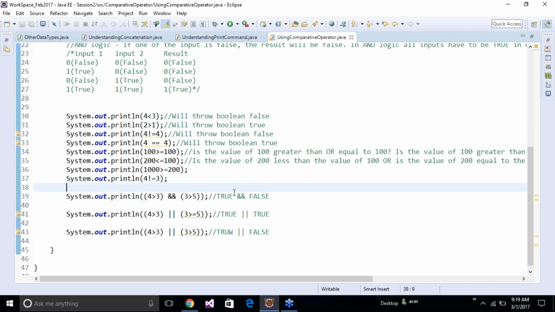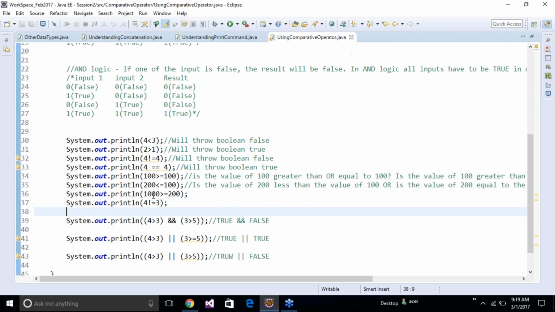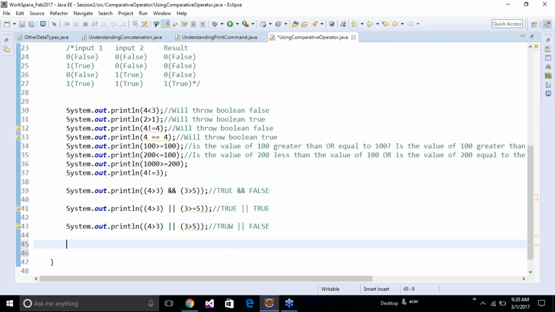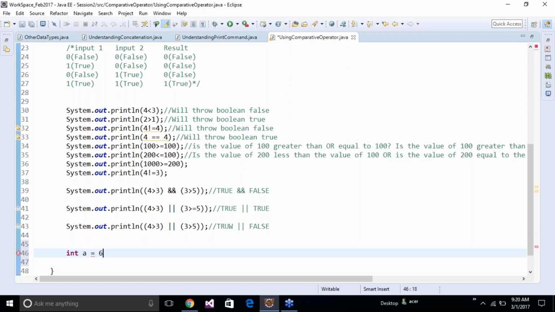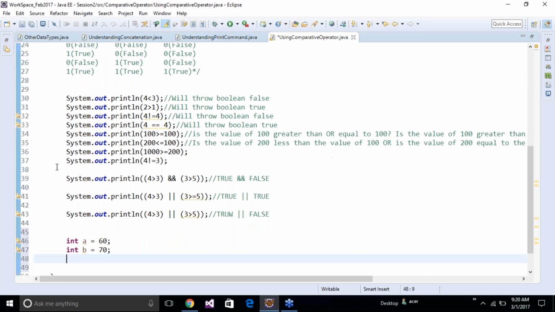Okay, so this is how you can use comparative operators either directly with your println command, or you can have something like this also. You can basically write integer a is equal to, let's say, 60, and integer b is equal to 70, and I can do a comparison of these two directly in your println command. Is a less than b? This will fetch me Boolean true. A is obviously less than b. So if I run this, or I can do a beautification of the result. The resultant Boolean value is